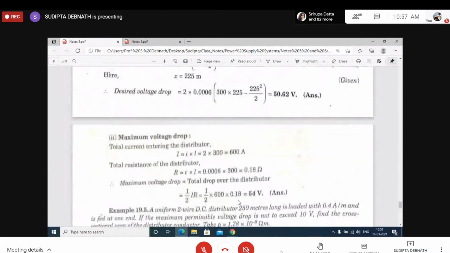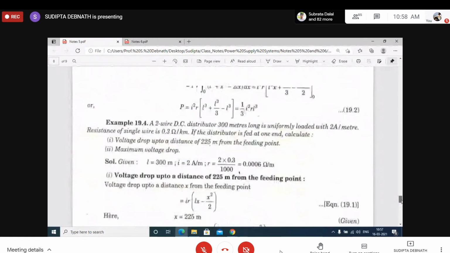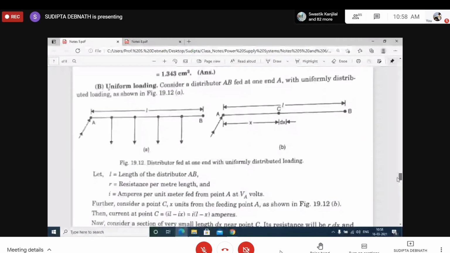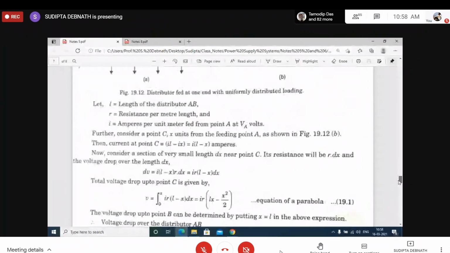Now see, if this problem carries 6 marks or 8 marks, then if you just write the formula and solve the problem, perhaps you won't get full marks. You have to derive. The derivation is very short. If 6 marks or 8 marks are given, you have to write just a few lines, show these lines, and then solve the problem.